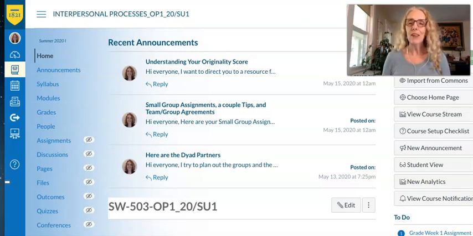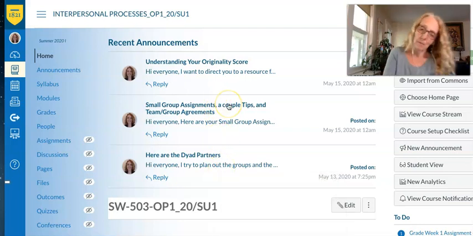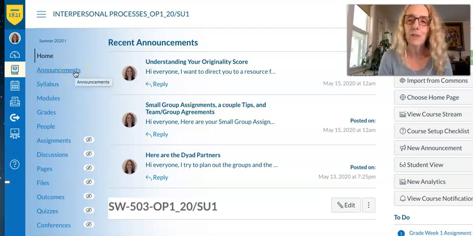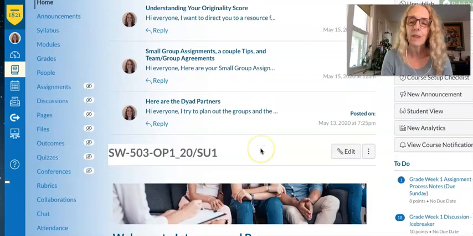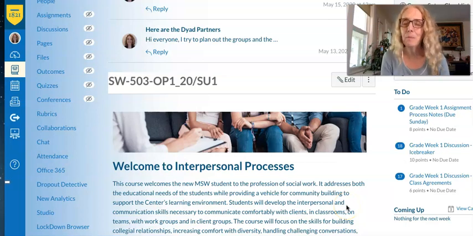So I thought I'd start here since this is your very first course and just remind you of a couple of things. One is that the announcements, only the last 3 appear here. If you want to look at other announcements, you have to go to announcements here and see the whole list. Secondly, over here is your to-do list, okay? And that will come up each week with all the things that will be due.